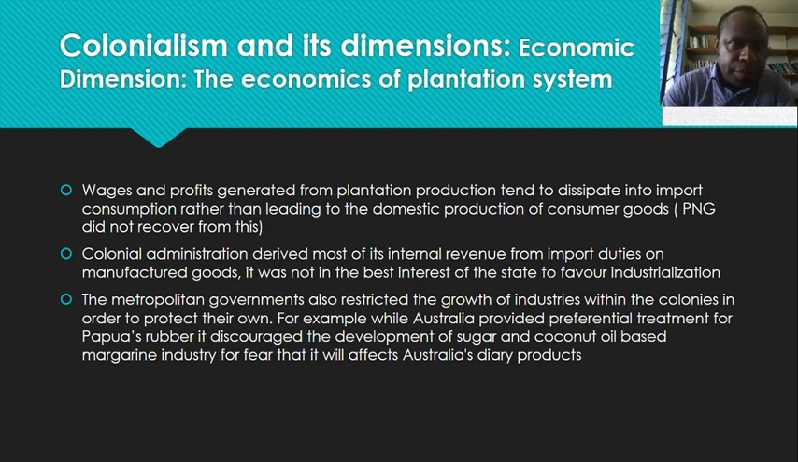Wages and profits generated from plantation production tend to dissipate into import consumption rather than leading into domestic production of consumer goods. Colonial administration derived most of its internal revenue from import duties on manufactured goods. It was not in the best interest of the state to favor industrialization. The metropolitan governments also restricted the growth of industries within the colonies in order to protect their own. For example, while Australia provided preferential treatment for Papua's rubber, it discouraged the development of the sugar and coconut oil-based margarine industry for fear that it would affect Australia's dairy